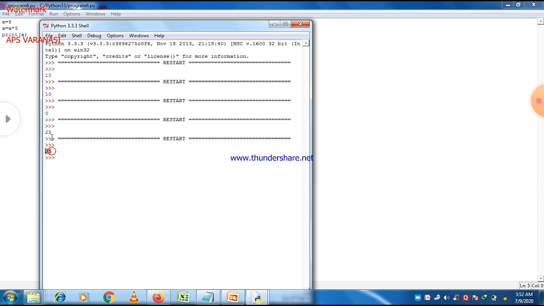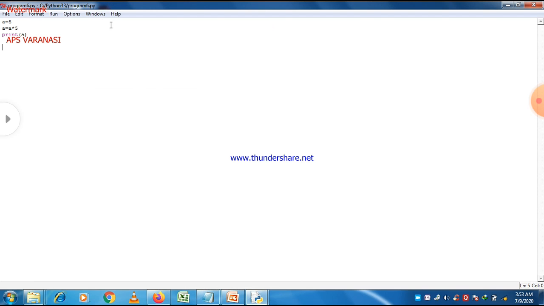So a multiplied is equal to 5 is equal to a into 5. Both are the same, but the representation is a little bit different. Always remember that for this condition the same variable appears on both sides. Here in these cases we can see that a is equal to a plus 5, so a appears 2 times. So we can write it as a plus equal to or multiply equal to 5, or any value which you want to work on this value.